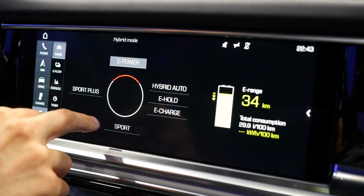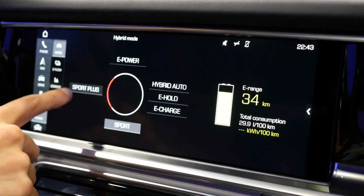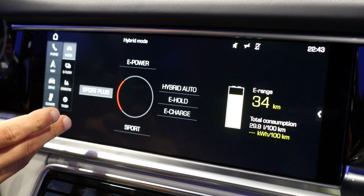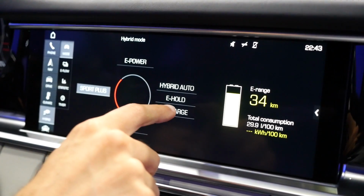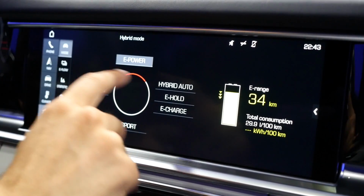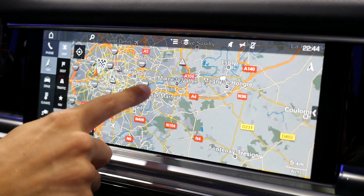So as I take it, e-power would be the mode that uses the most electric energy, Sport more combined then, and Sport Plus really the power. By the way, we're talking about Audi clicking sounds when we turn knobs. Here are also interesting clicking sounds when we hit the touchscreen buttons. It gives you good feedback here, and just a general overview about the GPS, which is very impressive here from